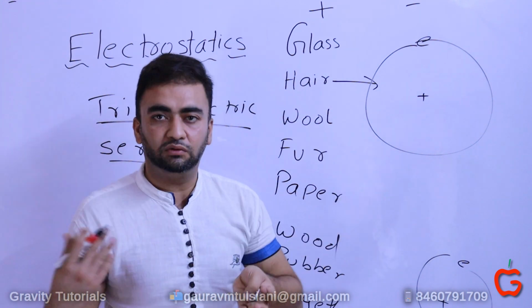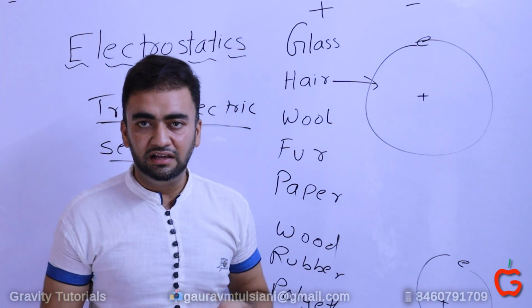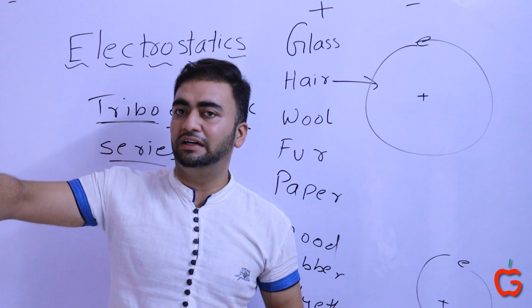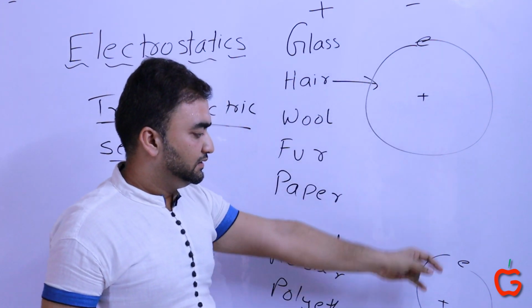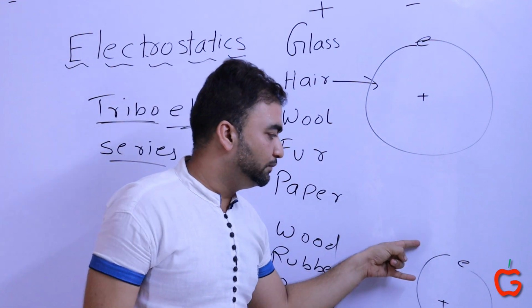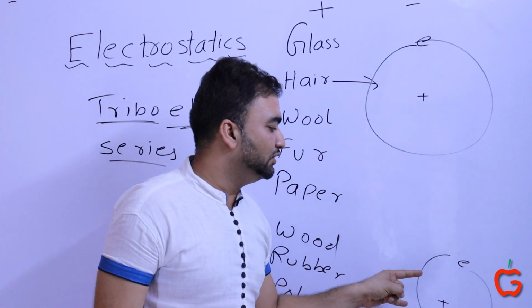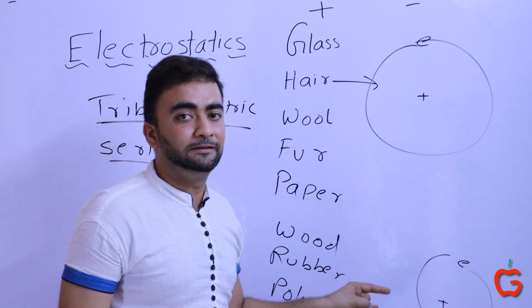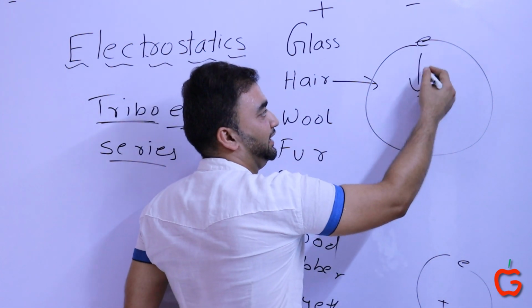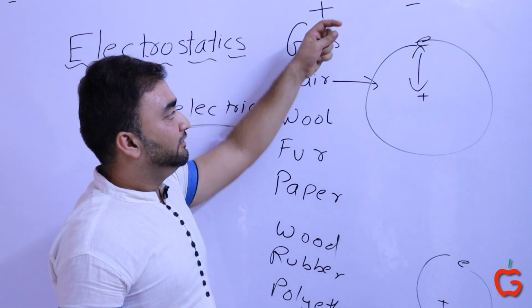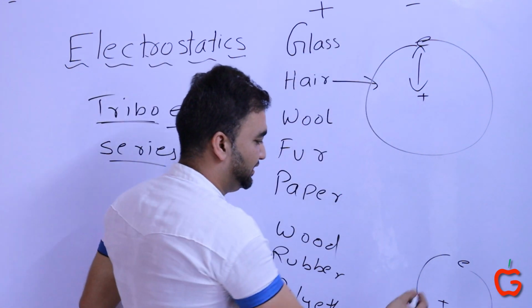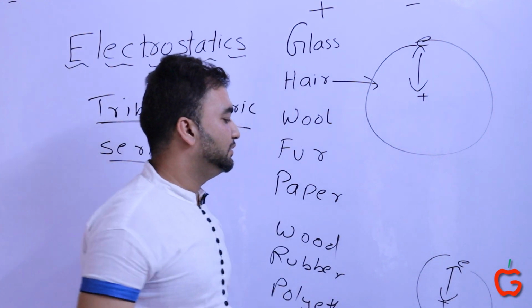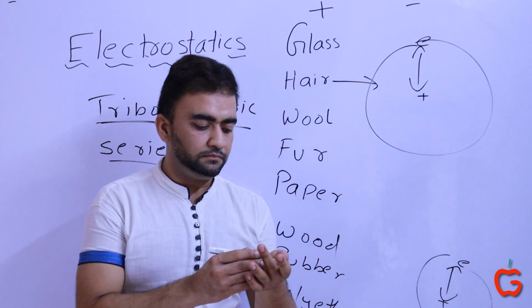So like the earth goes around the sun because it is attracted to the sun, otherwise it would have been going on its own path. Similarly, the electron is attracted to the proton. The same goes with polythene. The electron of polythene is attracted to the proton of polythene. But the force of attraction between these two of hair is weaker than the force of attraction between the electron and the positive center of polythene.